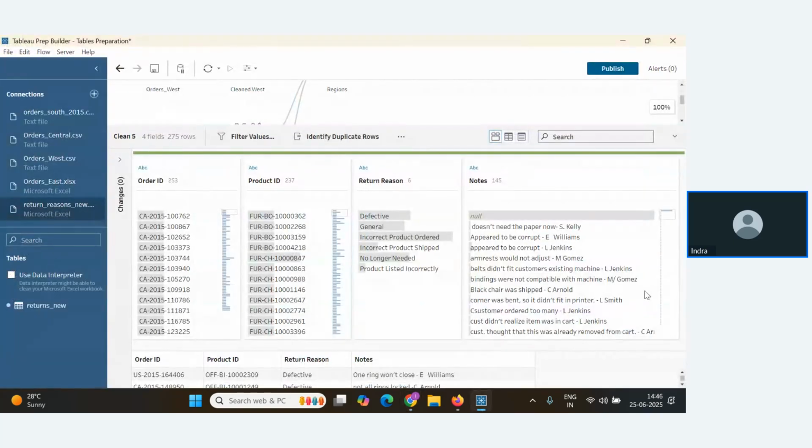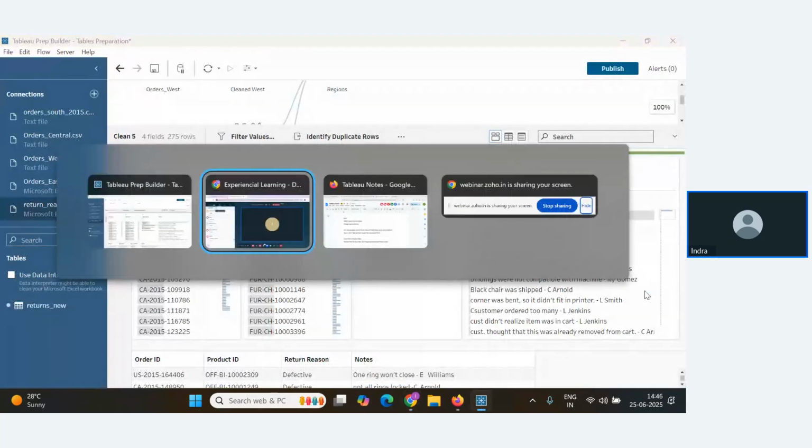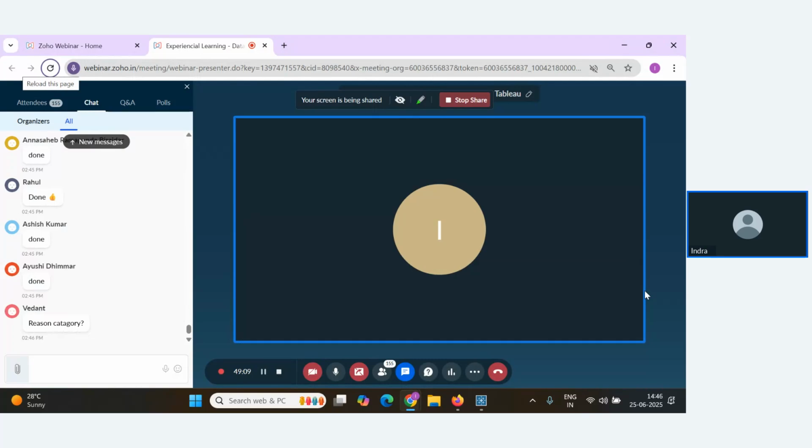Reason category, reason category. No, there is no such issue in the return reason. I think that's proper. Go into the notes column and see. Can you find any kind of issues there in the notes column? Can you do anything in the notes?